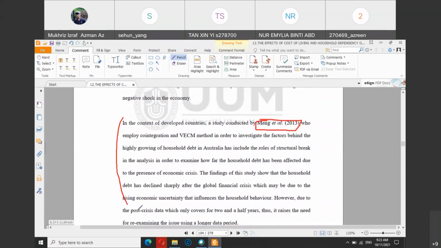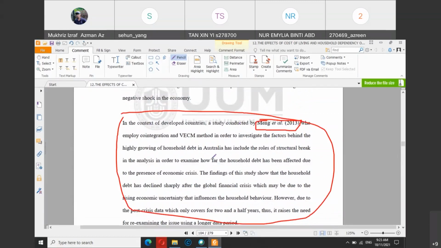Meng et al. claim, so whatever you write in this particular paragraph is supposed to be referring to the work of Meng et al. But when I go to the reference, Meng et al. is missing. So meaning that you don't provide the full reference given by Meng et al. So I cannot verify whether this statement is what Meng et al. says or not from the original article.